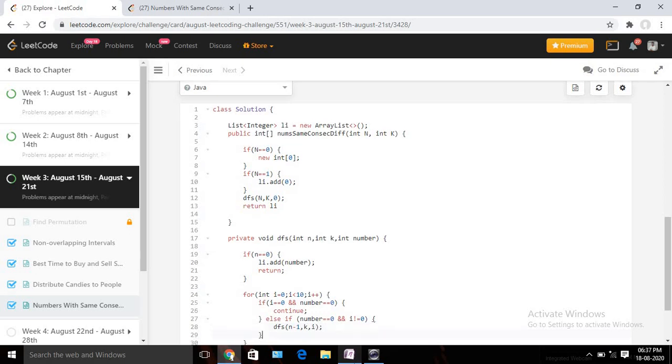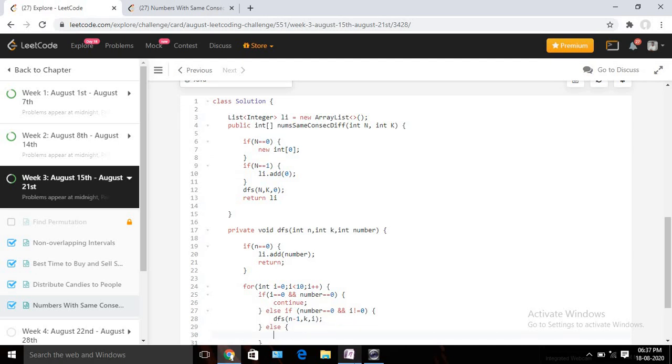Okay, and suppose for the other scenario my number is not equal to 0, that means I have already found one digit and now I need to find the remaining two digits. In that case, what do we need to check? We need to take one if condition, and I will discuss it after writing the code. Suppose I already found two digits, say 1, 8. Then how can I check whether the consecutive difference is the same or not? We need to use Math.abs, since we need to ignore the minus.